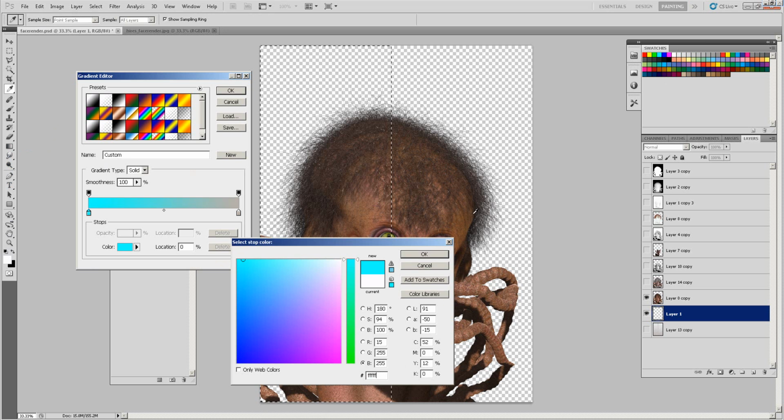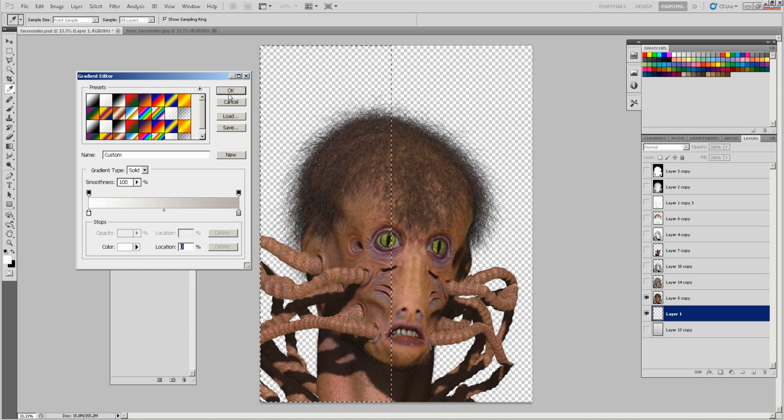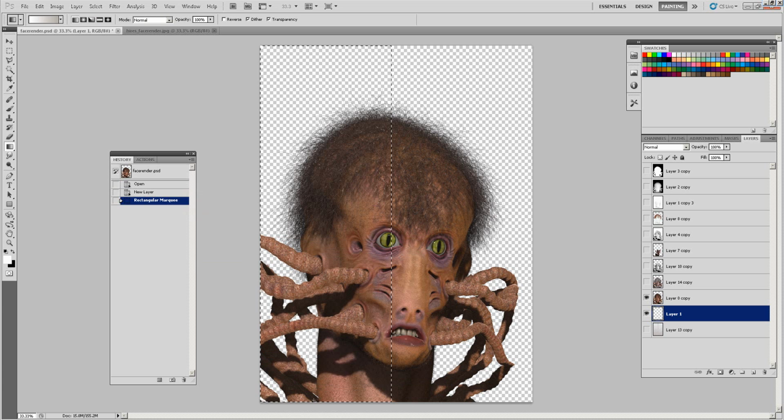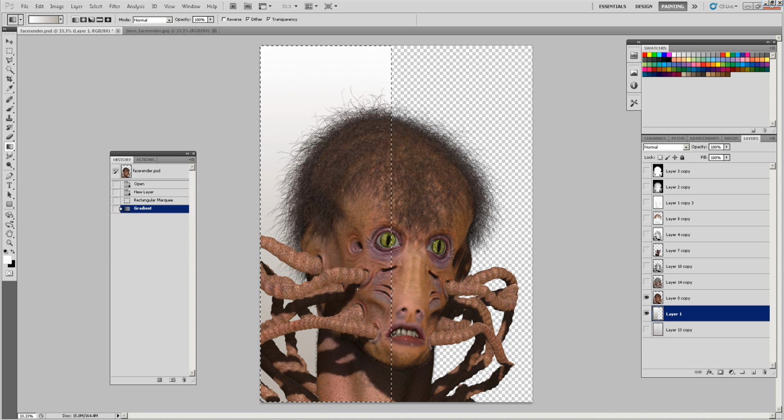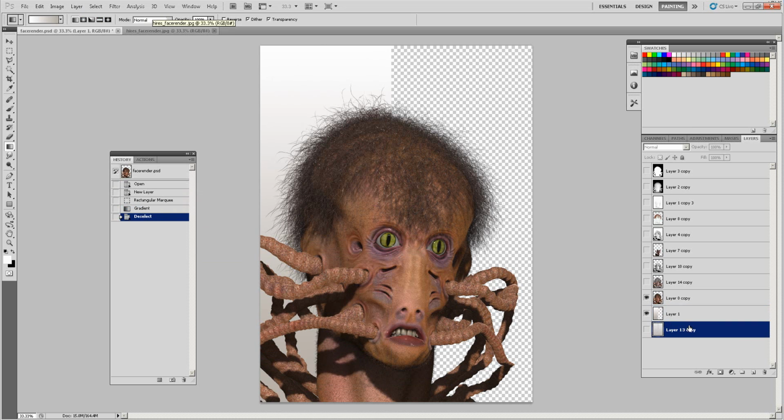Again, you can just pick the colour picker up there if you wanted to. In fact, that'd be quicker. Okay, now I've got that, I'm going to click OK, and I'm going to drag from the top to the bottom. So let's put that in, that's quite nice. Right, now I'm going to just create a new layer,